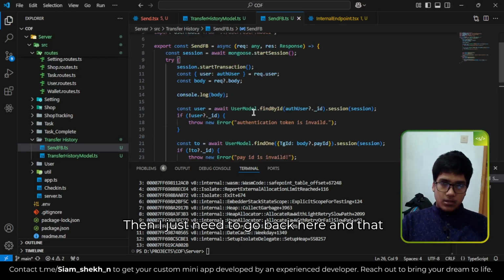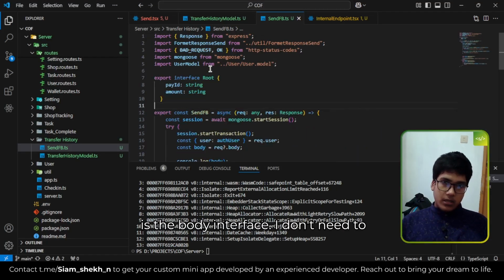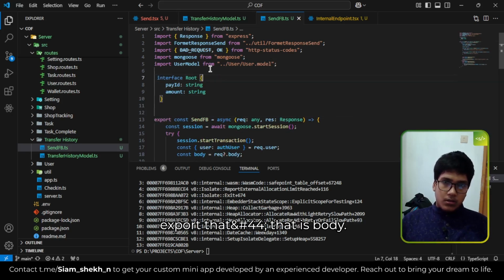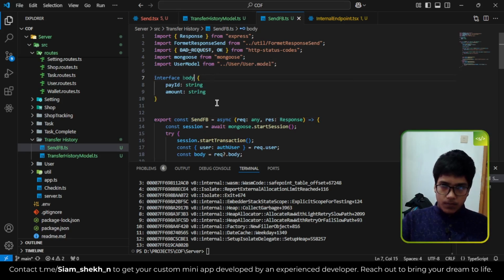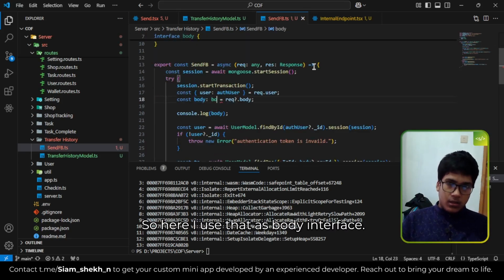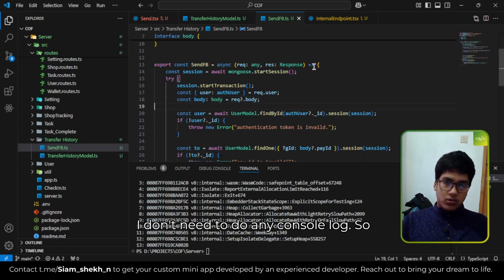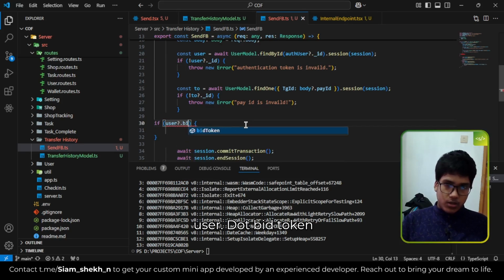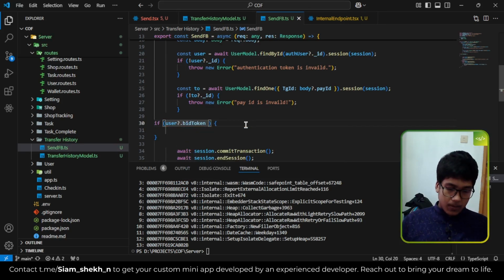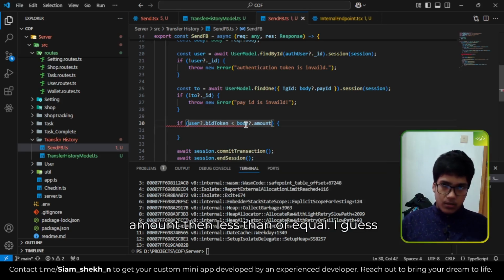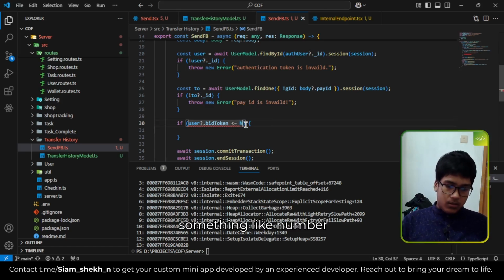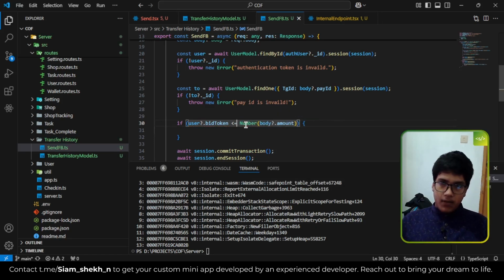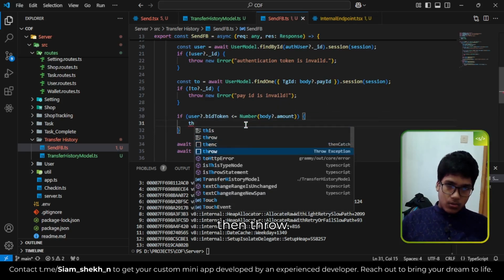Okay, then I just need to go back here, and that is the body interface. I don't need to export that. That is body. Okay, so here I use that as body interface. I don't need to do any console log. So the next step is if user.bitToken is less than body.amount, then less than or equal, I guess they have a type issue, something like number. Okay, then throw